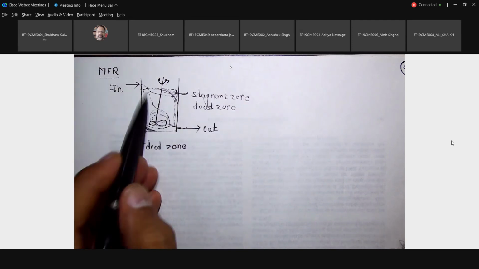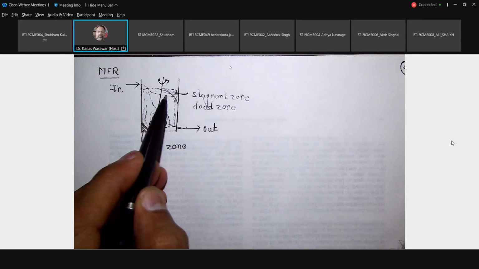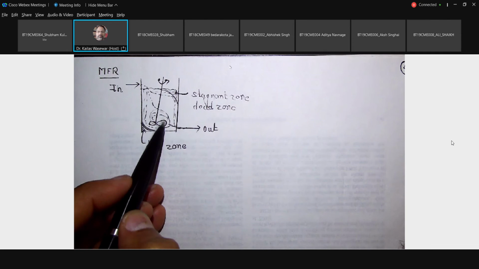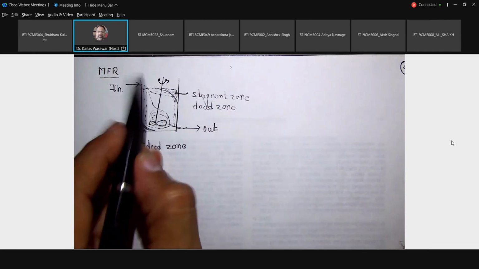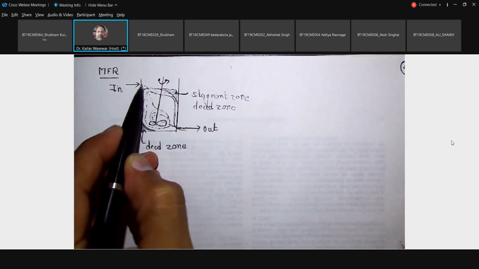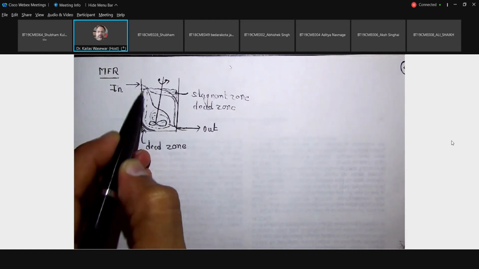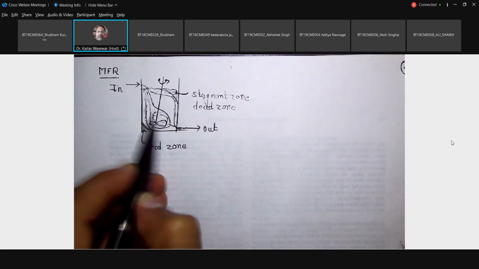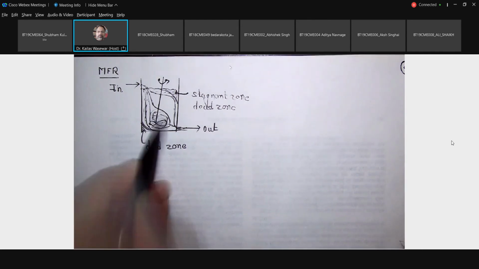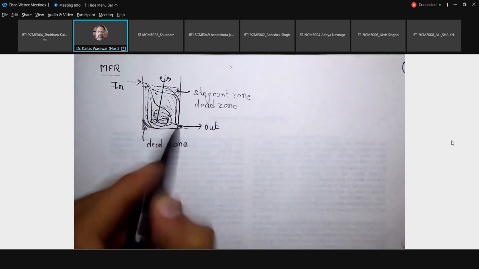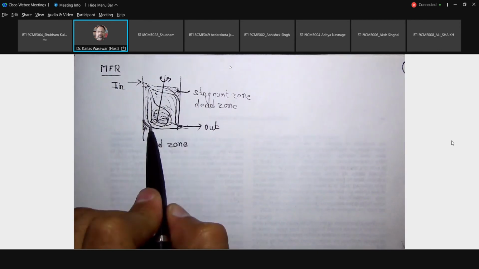That means whatever fluid is coming through this inlet will not take the same time inside the reactor, and there may be a flow distribution, a split in the flow. Some portion is coming like this, some portion may be coming like this, and some portion is coming like this, and some portion may be thoroughly mixed. And if there is a strong circulation, it is spending more time for the circulation. So this is the case of non-ideality.